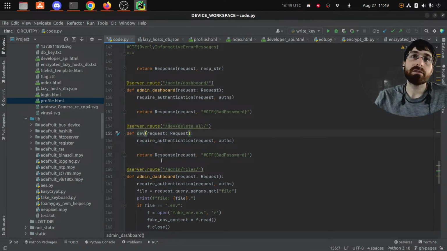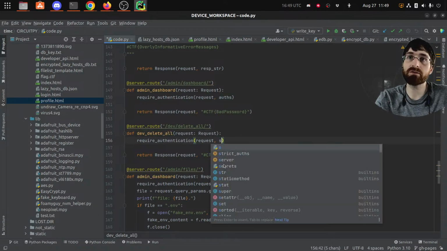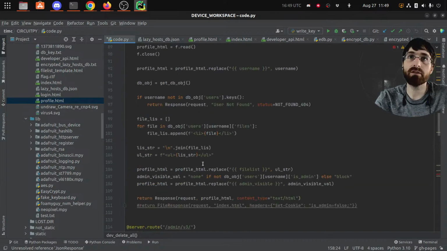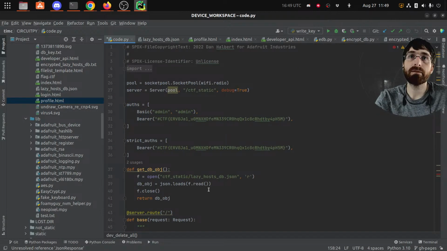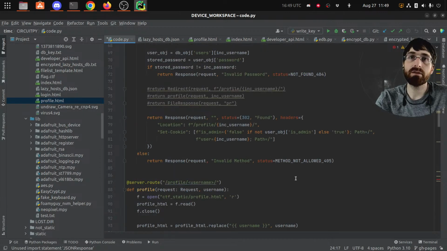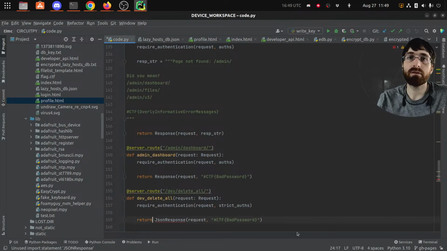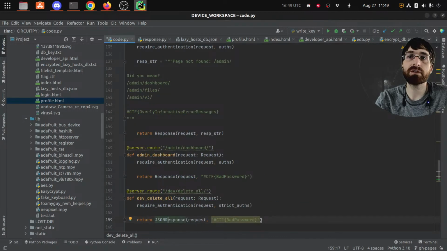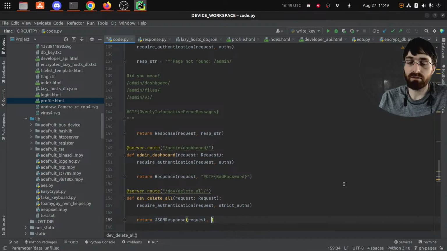Okay, delete all, dev, delete all, request, auths. That will be our strict auths. Let's return a JSON response. I don't remember how to do that. You know it needs to be imported. JSON response. Data. Request data. So let's say our data is